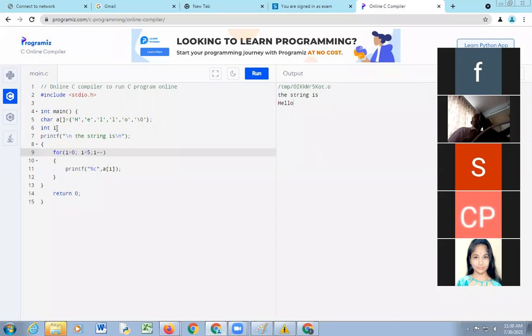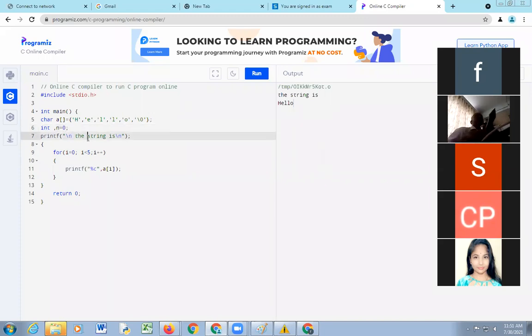So for finding the length of a string, here we are taking another variable, suppose n, and the initial value of n is suppose 0.